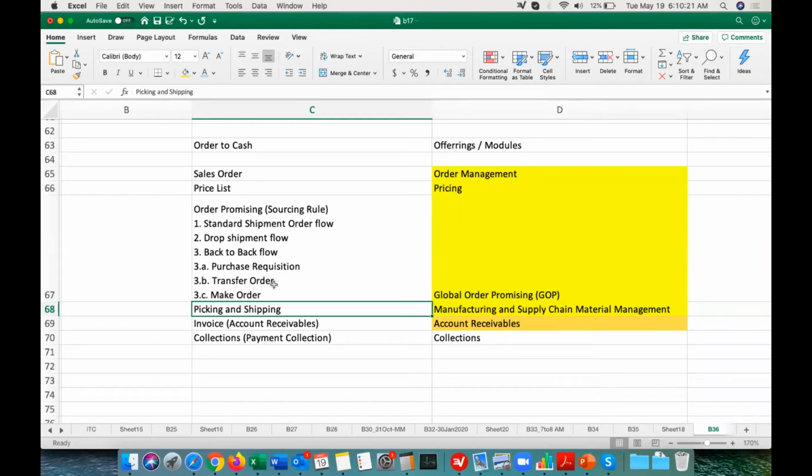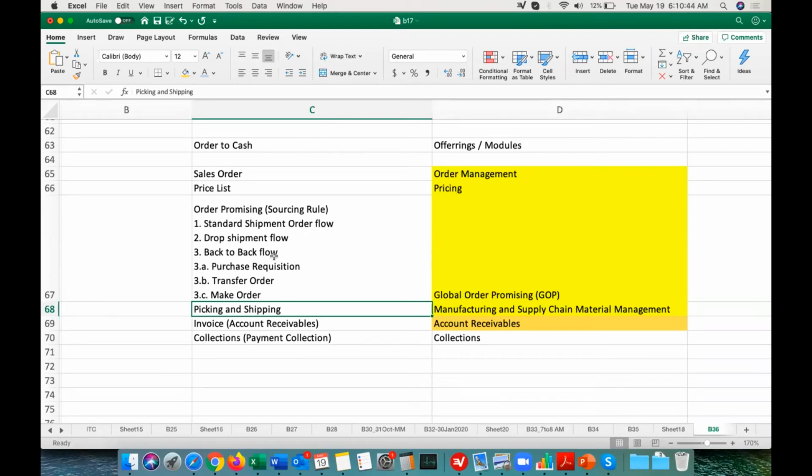But instead of getting it from another inventory organization in Mumbai, maybe you can get it from a supplier in Chennai itself. Rather than getting it from Mumbai, which may take 5 to 6 days for the shipment, they can get it from a local supplier immediately, and then deliver it to their customer. That is called a purchase requisition back-to-back flow.